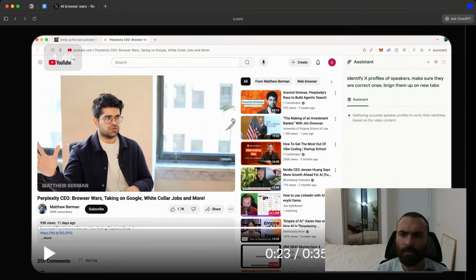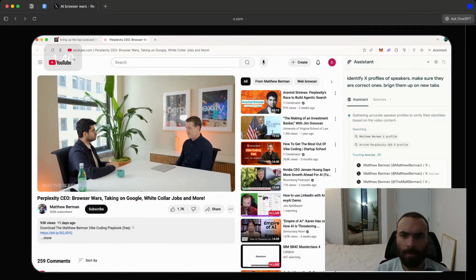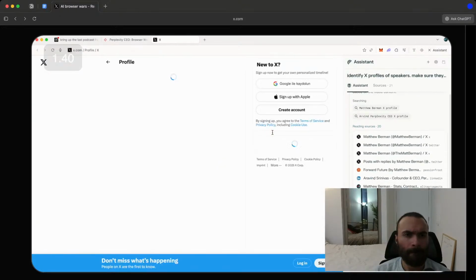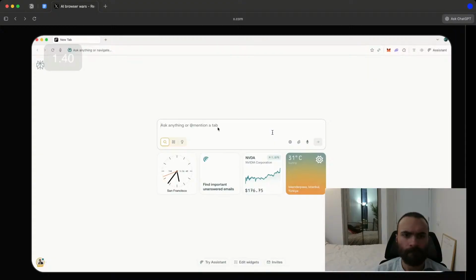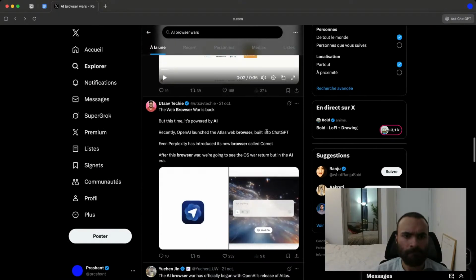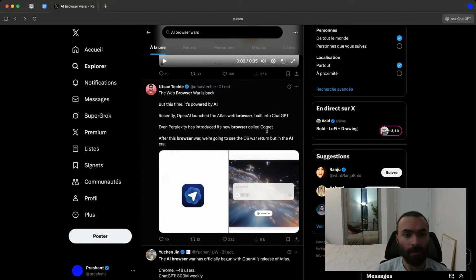Identify X profiles of speakers. Make sure they are the correct ones. Bring them up in new tabs. See, that's an interesting way to use it.